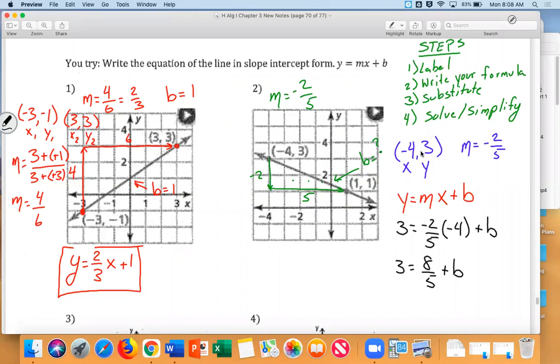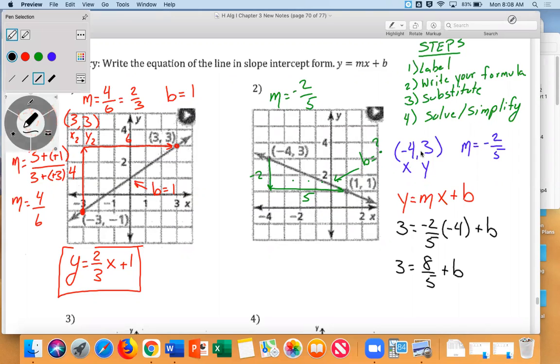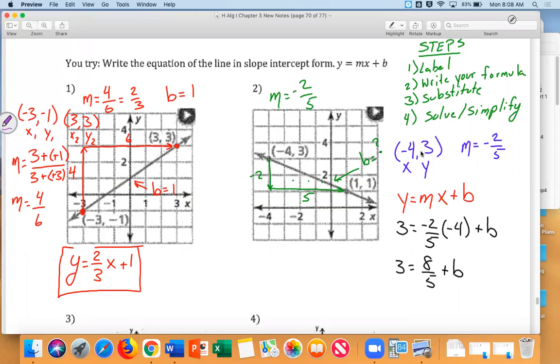Now, how do I get rid of a positive 8/5, Emma? Use the reciprocal, like multiply. Well, that would be if it was multiplication, but it's addition, right? How do I get rid of a positive 8/5? Minus. Yeah. If we were multiplying, we would multiply by the reciprocal to undo it. But because we're just adding 8/5, we're just going to subtract that. And now I have b equals